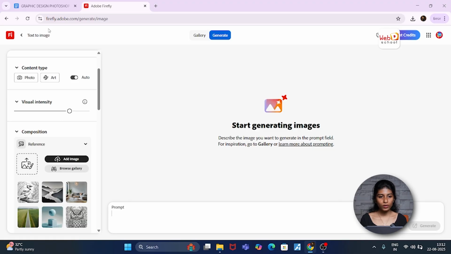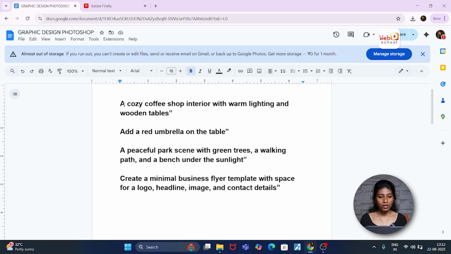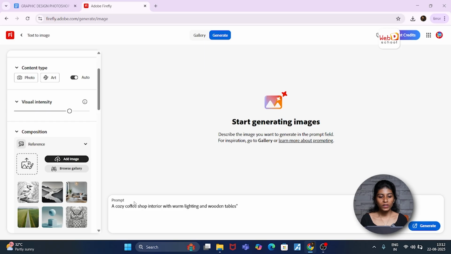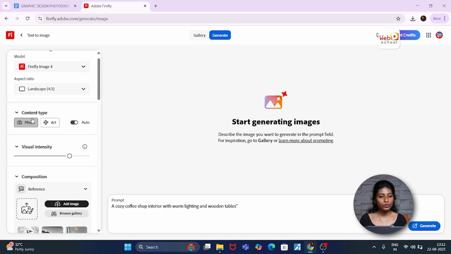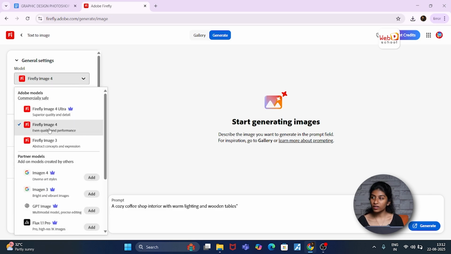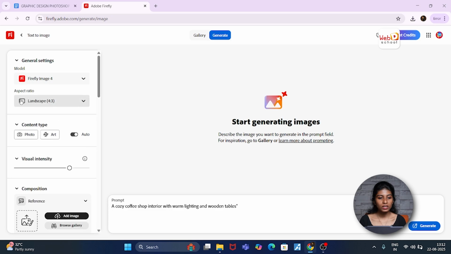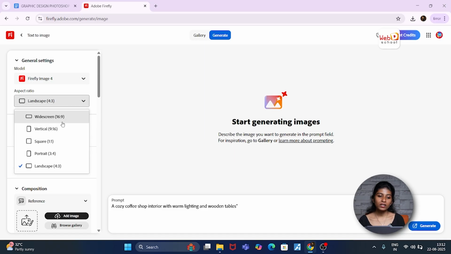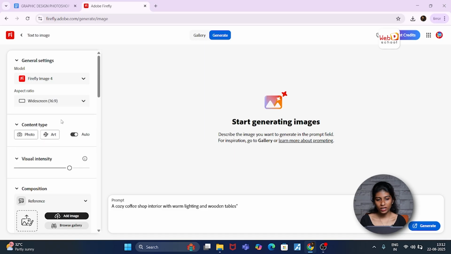I am going to give a prompt for this image generation: a cozy coffee shop interior with warm lighting and wooden tables. Here I have given a descriptive and specific prompt. After giving a prompt, you have to go to your settings features. As I said before, I am going to use Firefly Image 4. Next, I am using aspect ratio, and I want this in 16:9 ratio,